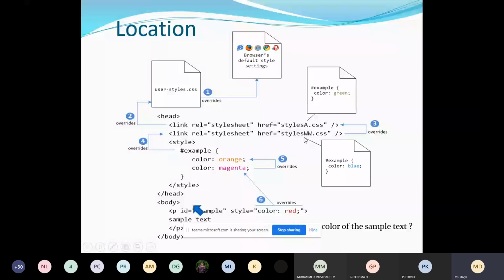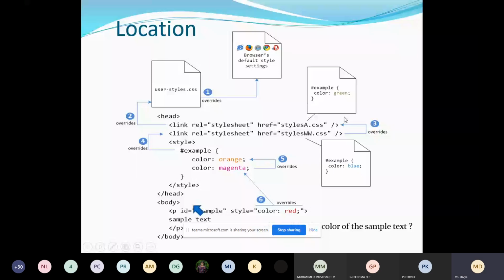But which is the latest one? The one which comes below, the bottom, is considered the latest one. So among these 2 colors, green and blue, the blue is given the priority. Remember, that is why you have the arrow here. So blue will override green color. Okay, next coming here, this is internal style.